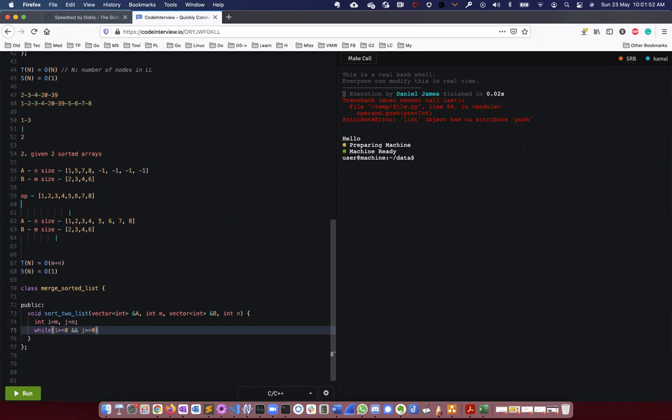Because I'm moving from the end to the beginning, I'm traversing from the last end to the left, so that's why I'm comparing this thing.